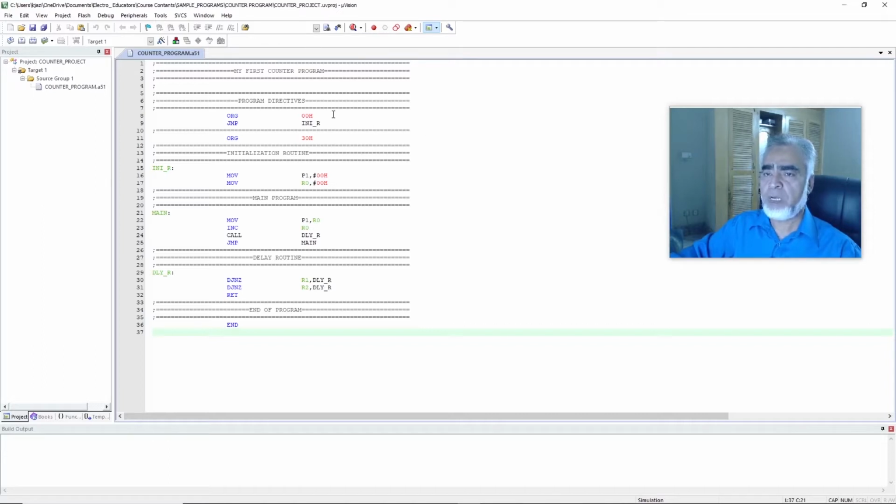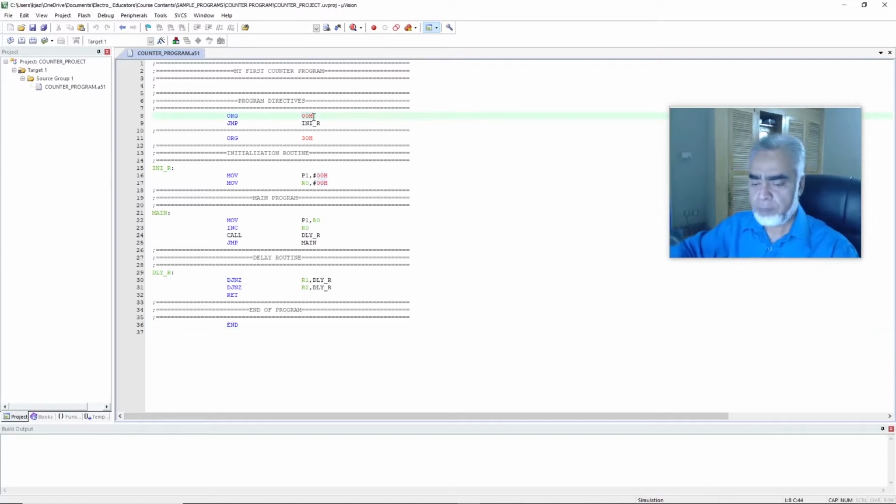For example, here if I write a semicolon, start writing program from 00H, it means that we have given a comment to our line: start writing the program from 00H.